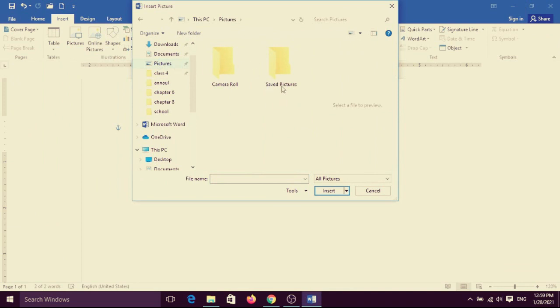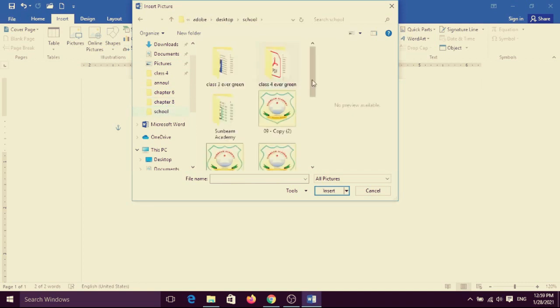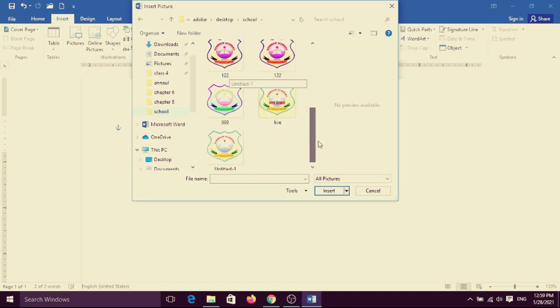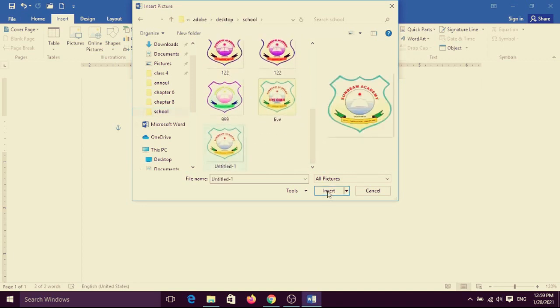By default there is a gallery, but there are no pictures, so I want to choose manually. Maybe the picture is there, so I want to search for it. Yes, many pictures are there. Suppose I choose this picture and click on insert.